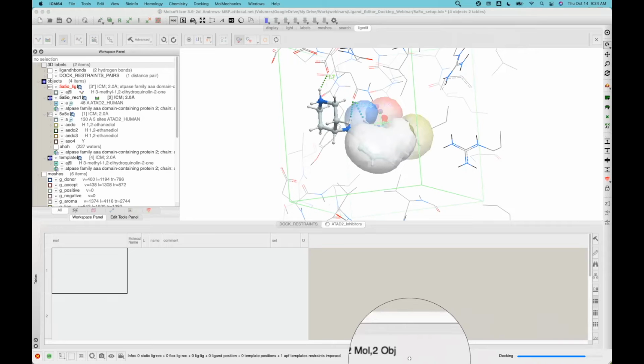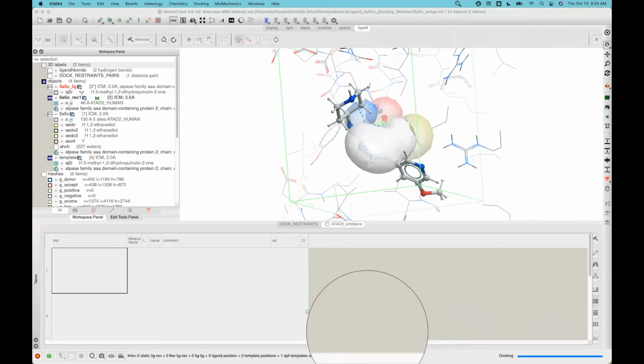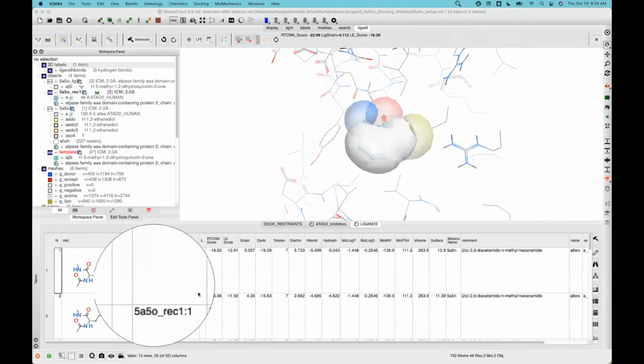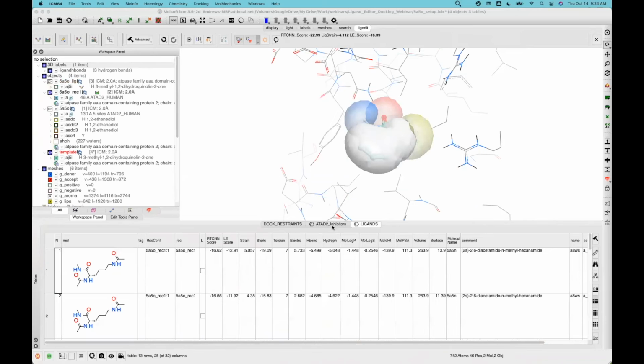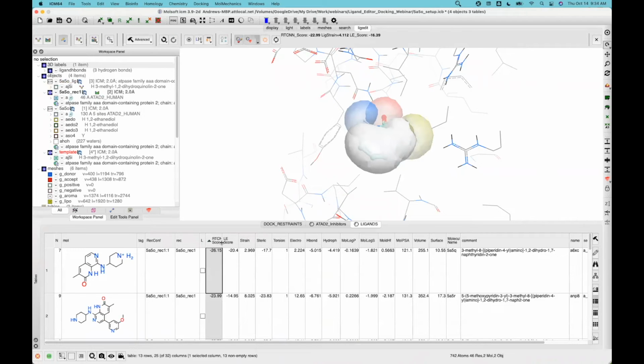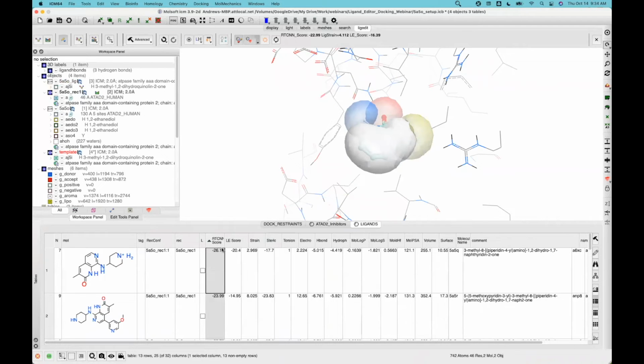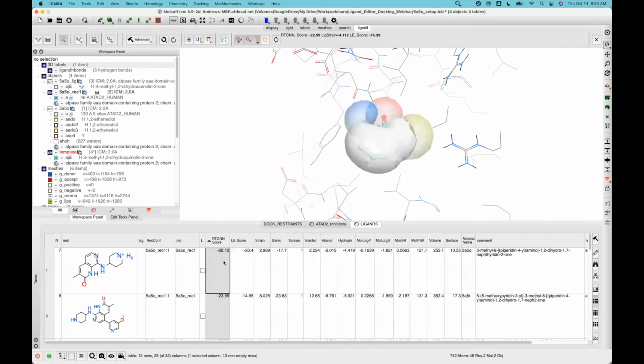And then at the end you get the table. Once it's finished now, you get a table called ligands, which are your dot ligands. You can sort by the RTCNN, the neural network score, or you could use the Ligand Editor score, but primarily now we're using this